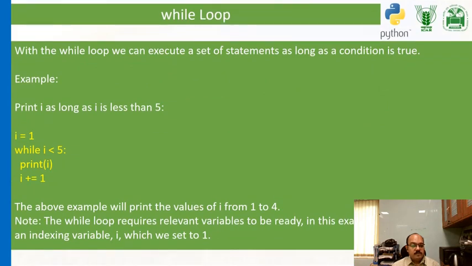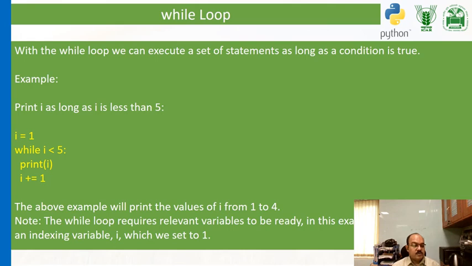So in the while loop, we can execute a set of statements as long as a condition is true. For example, we want to print the value of i as long as i is less than 5. So we write like this: i = 1, while i < 5, print i, i = i + 1. So this example will print the values of i from 1 to 4, because when this condition